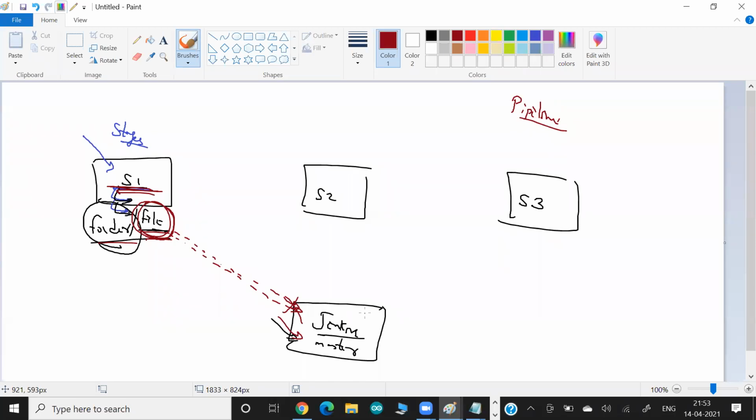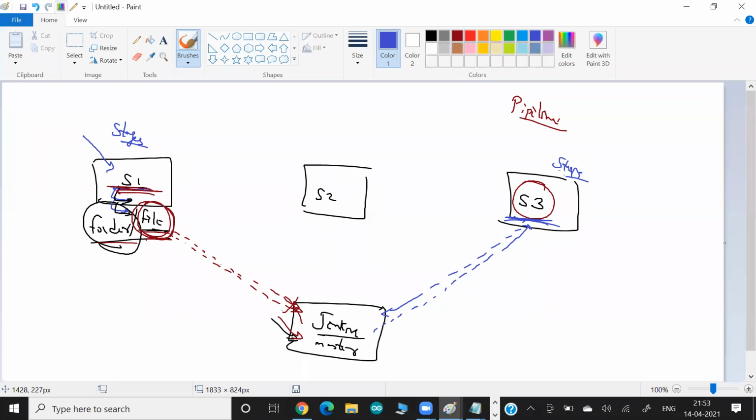Okay, so we ask them to create a copy, and now let's say this file is required by job number 3 or stage number 3. This stage 3 will contact the Jenkins master, because it's part of the same pipeline, and say: the copy you created initially, just send it to me, because I want to use this copy of the file and this entire folder somewhere in one of my steps. This is a very interesting facility